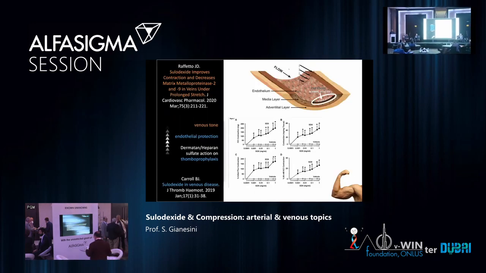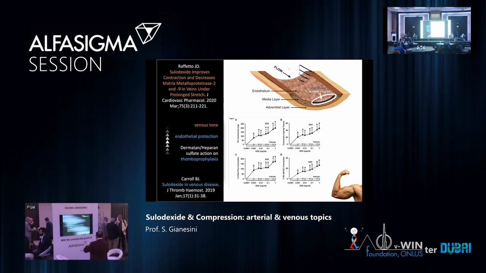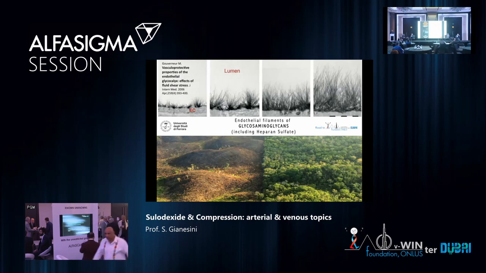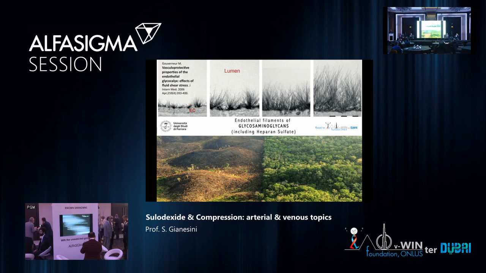But even more, outstanding papers like the one of Professor Raffetto from Harvard showed how sulodexide may increase the venous tone and far more. And indeed, if we focus on the role of the glycocalyx, and we know that sulodexide is acting on the restoration, basically, of the glycocalyx, we understand the endothelial protection effect we can get. In order to make it simple, we have to imagine the glycocalyx like a forest protecting the soil,